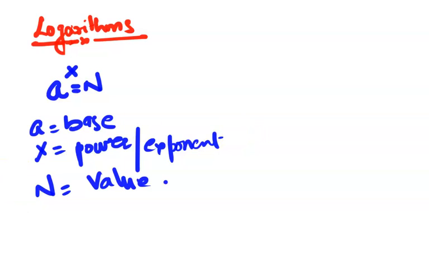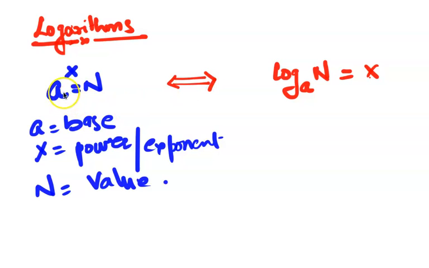Now think in terms of logarithms. So let's define this as log n to the base of a equals x. And these two mean the same thing. This implies this and this implies this. So a raised to the power of x equals n in the logarithmic form is written as,